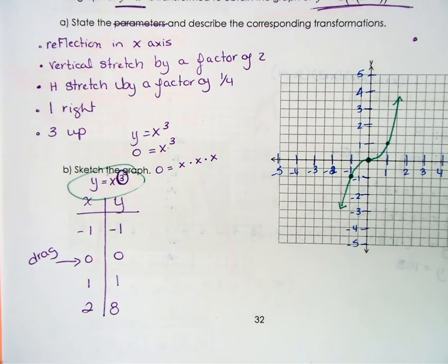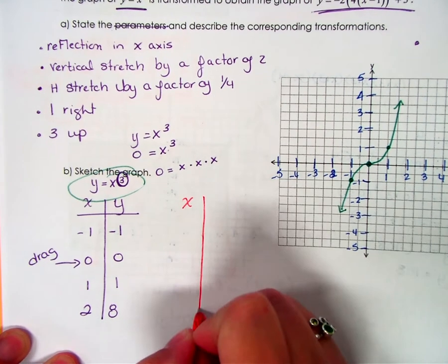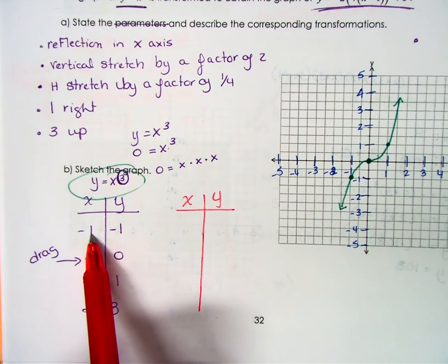So now let's do our transformations. And we've decided that we'd like to do all of our transformations on the x first. Okay. So what am I doing to my x's? So -1, and what's happening? 1/4, and then add 1. So we're at -1/4, and then we're going to add 1, so we're at